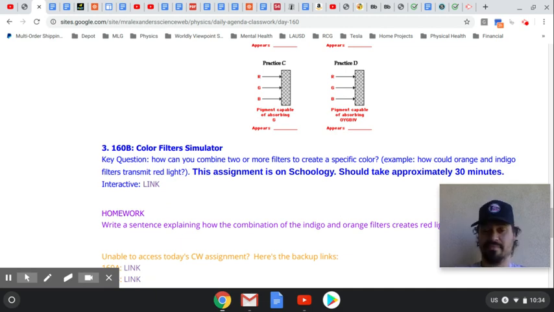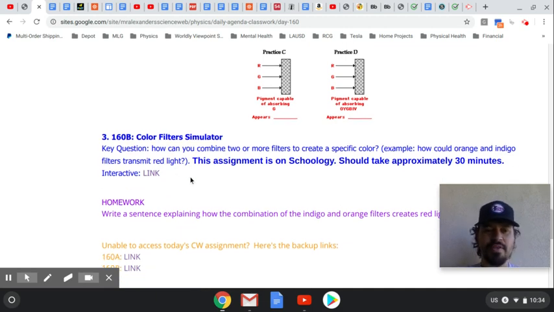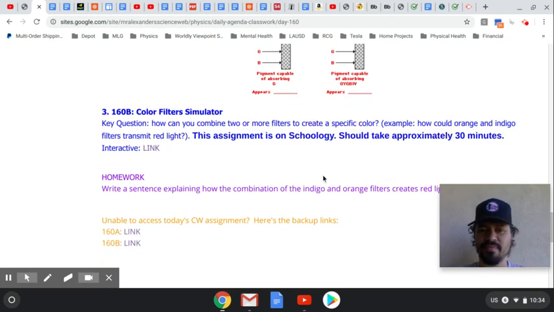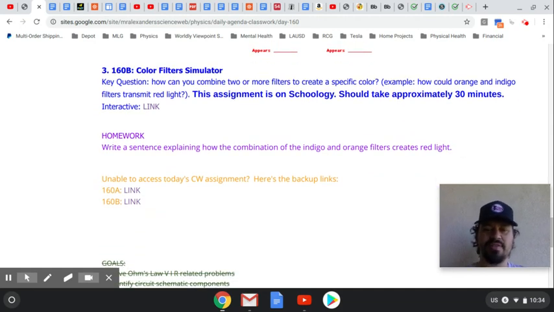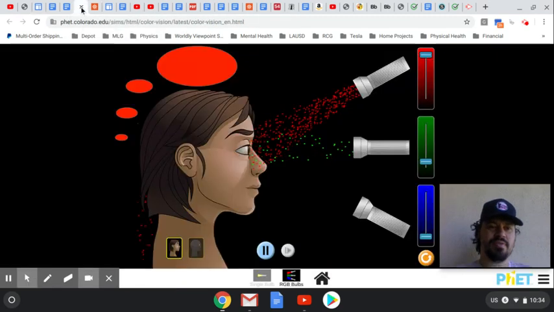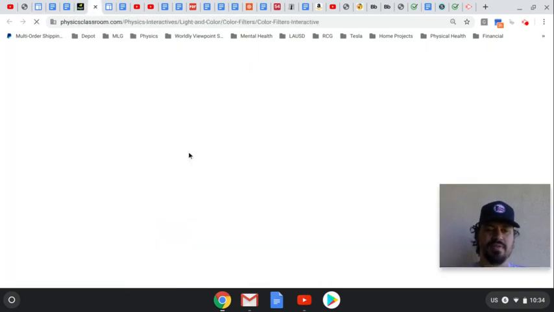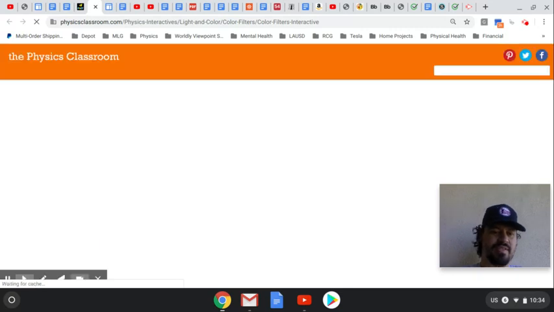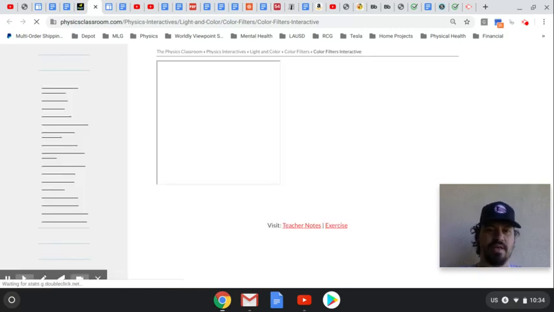Okay, second part, color filters. So combining filters to make a color. This is really useful for photography and making cool pictures. So for this, we're going to use a different sim, and it's this little light and color filters interactive on the Physics Classroom, and it looks like